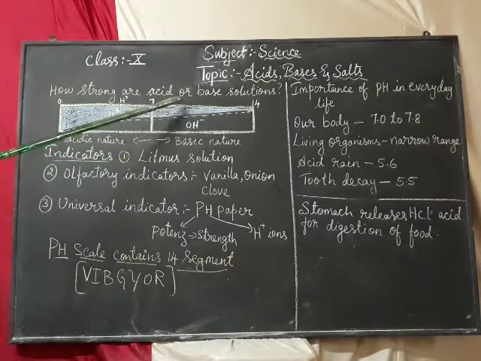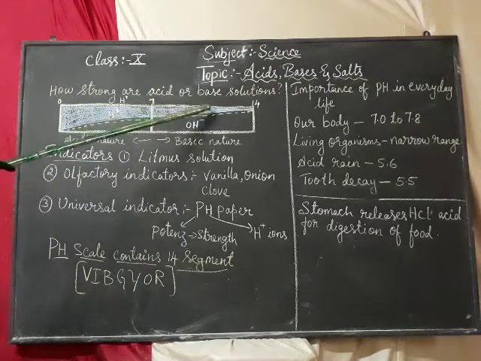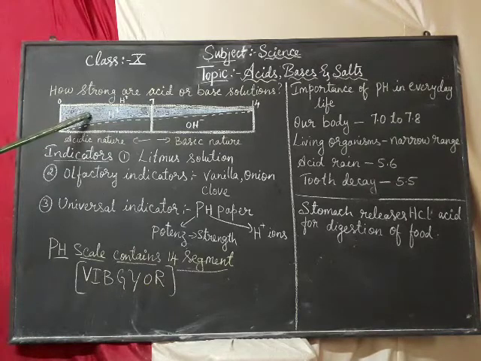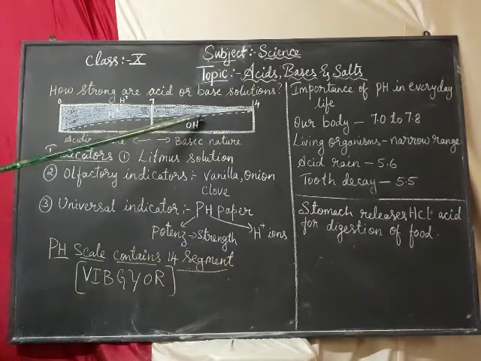As you move from 7 to 8, 9, 10, up to 14, the substance is basic. Now 0, 1, 2, 3, all these substances are acidic. How can I give the number? Based on the H plus ion. Once you mix the substance in water, it gives out H plus ions. In the last class, on chemical reactions, I told you how the H plus ions come out. If the H plus ions are more, then it is acidic in nature. If it is less, then it is basic in nature.